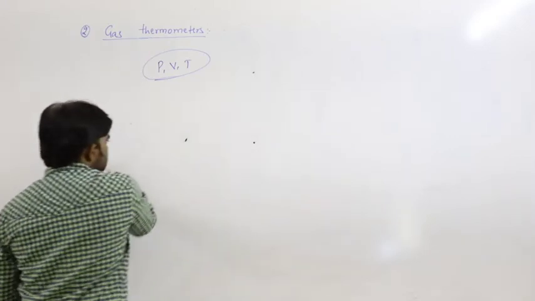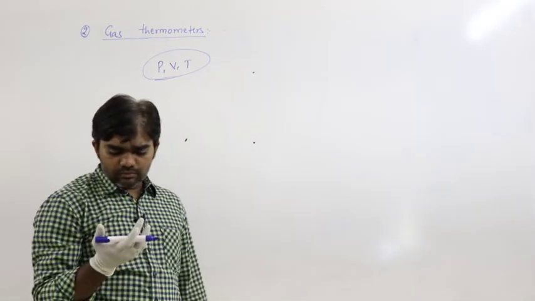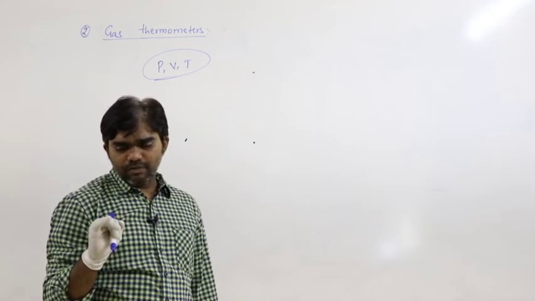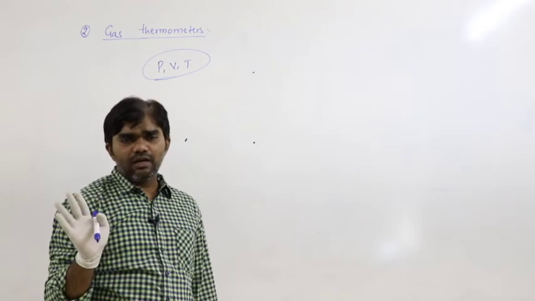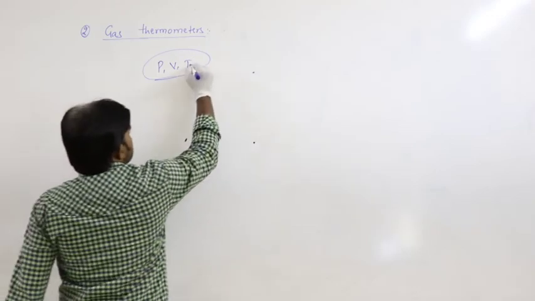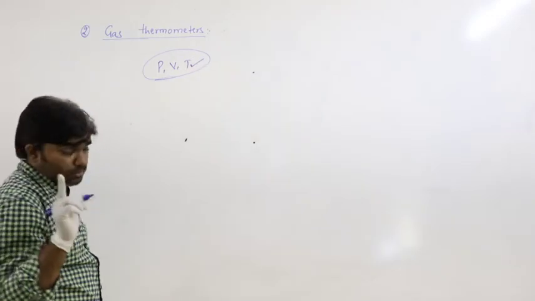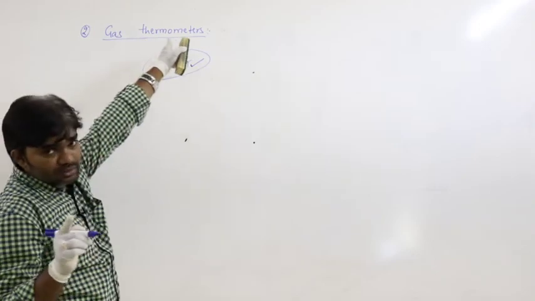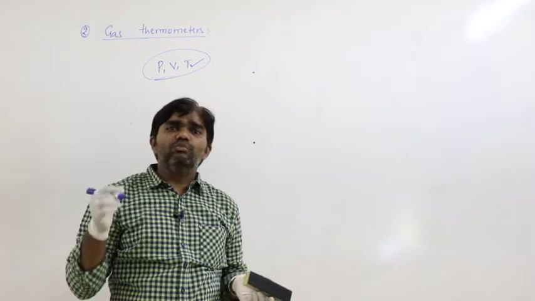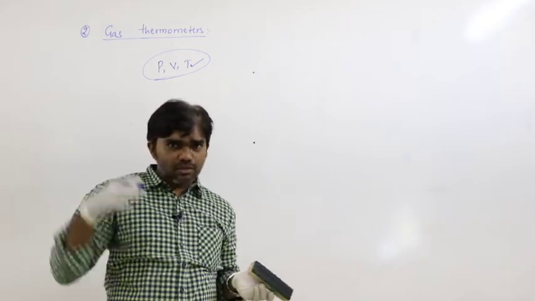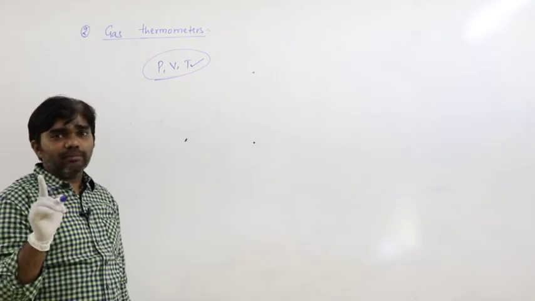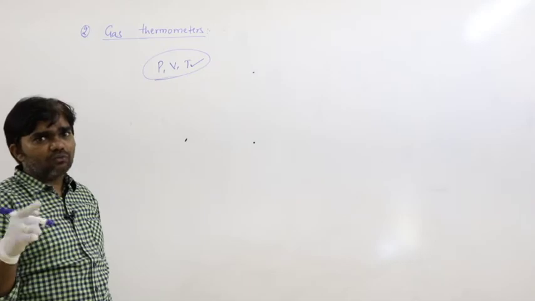So for that purpose, we defined gas laws, Boyle's law, Charles' law, Avogadro's law, like that. Here temperature must be variable, that is important, because we are constructing thermometers. What is the use of a thermometer? To measure temperature. So the remaining two, pressure and volume: any one quantity is kept constant, either pressure constant or volume constant.